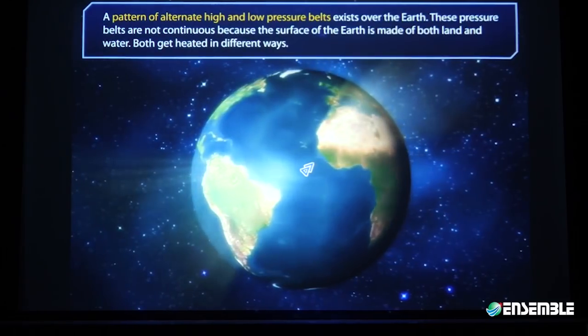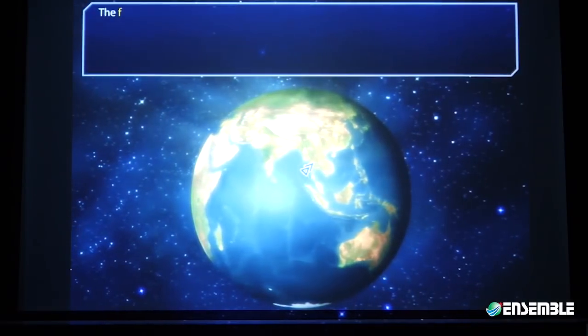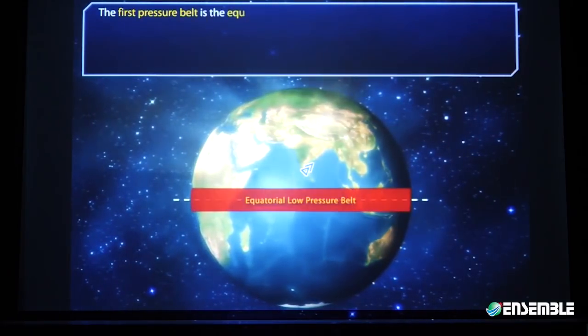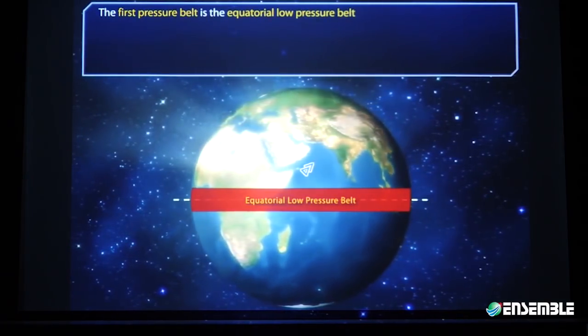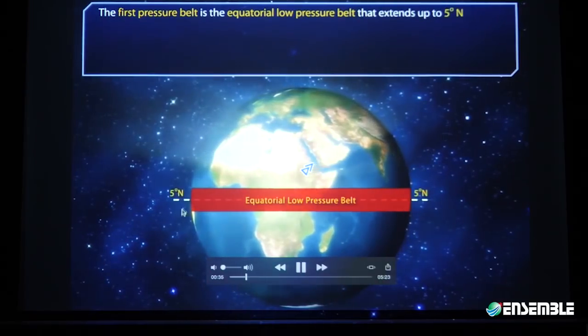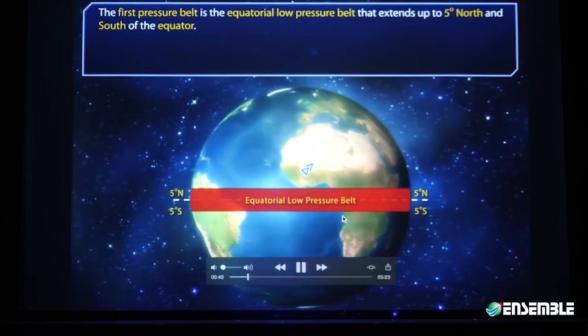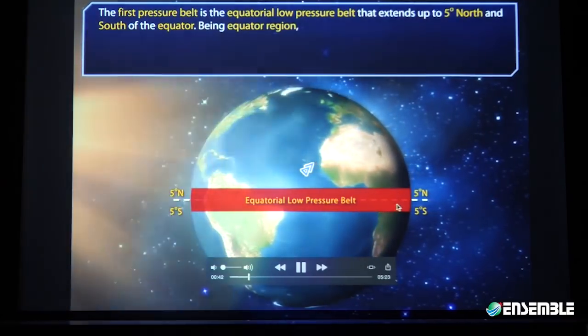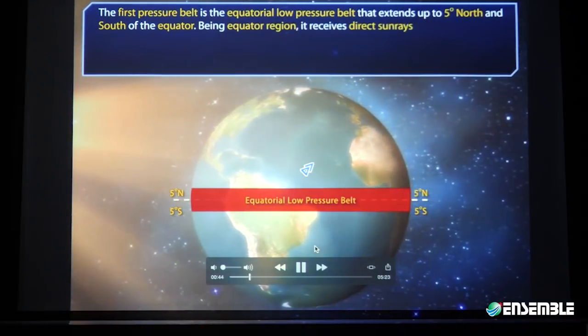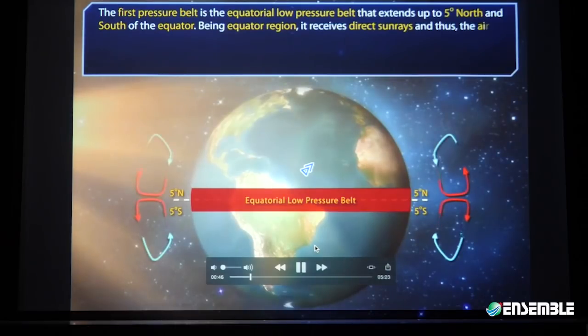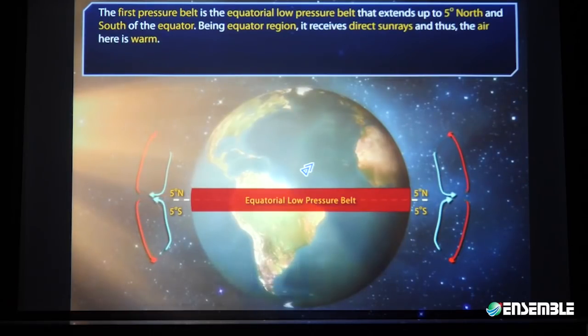Now, while talking about it, you're also going to understand two other concepts. The first is going to be associated with the low pressure belt, that is the equatorial low pressure belt. That's one. That is going to be 5 degree north and south. That's the place that is going to be placed 5 degree north and south. And then thereafter,